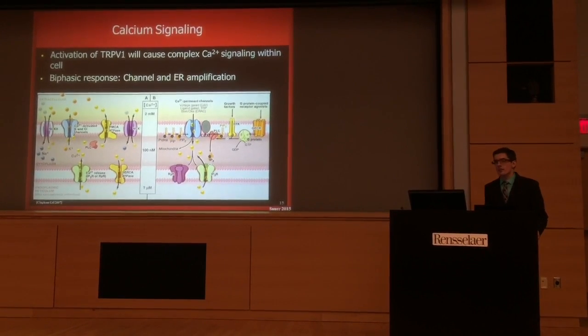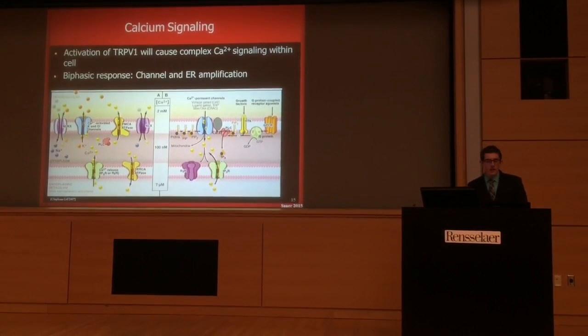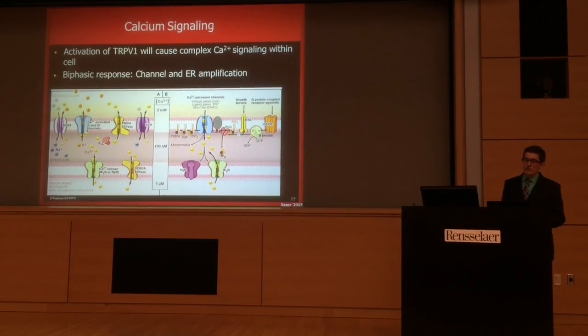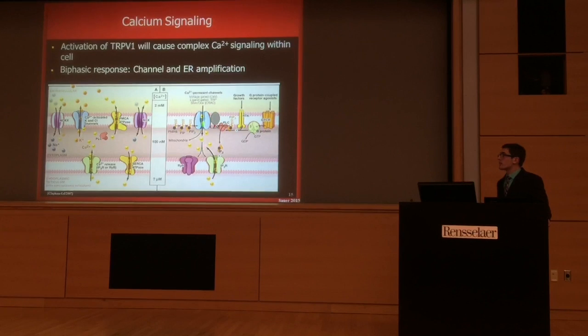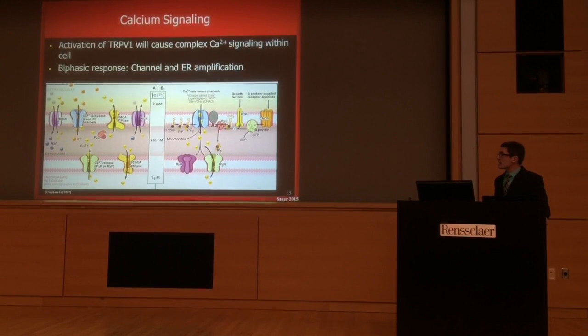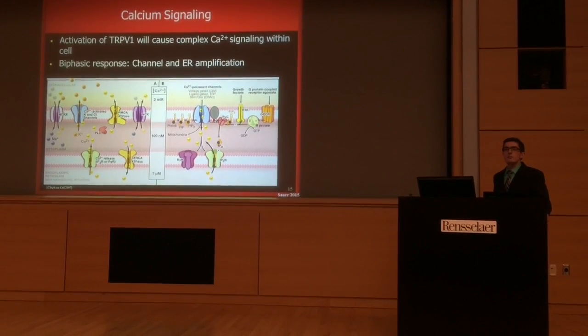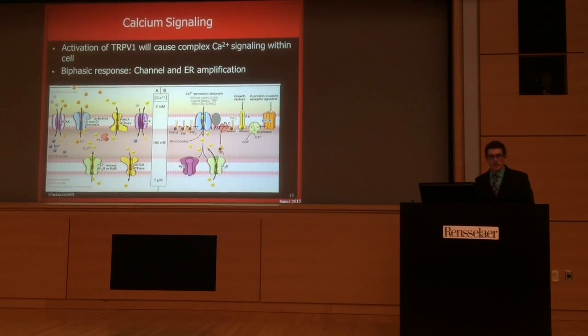Just a note on calcium signaling. It's an incredibly complex intracellular process that's highly regulated throughout the cytoplasm and organelles of the cell. When calcium first enters the cell through TRPV1 after it's open, a small amount of calcium enters and triggers two endoplasmic reticulum channels. These then allow a large store of calcium to be dumped into the cytoplasm, acting as an amplification of that initial calcium